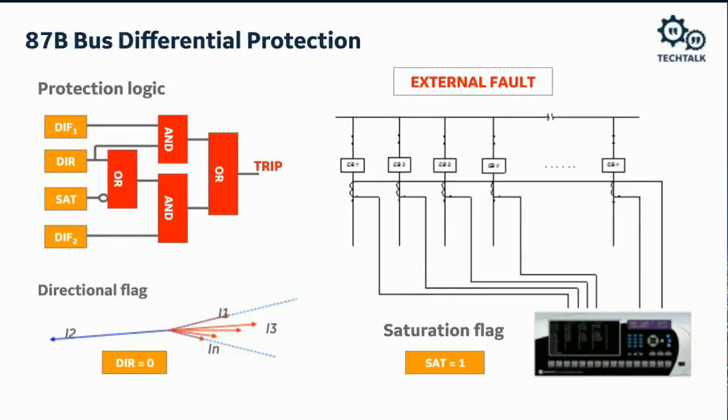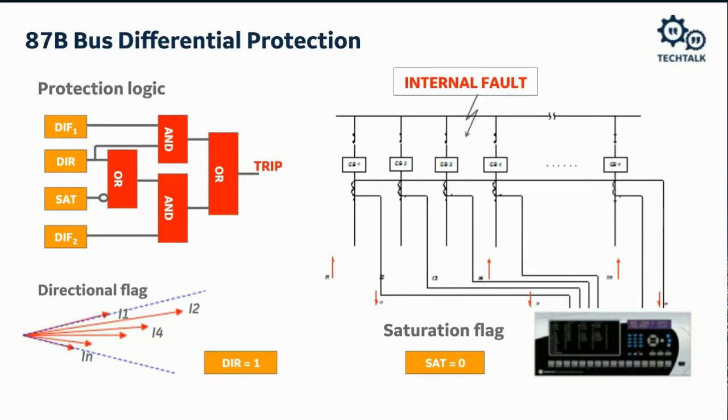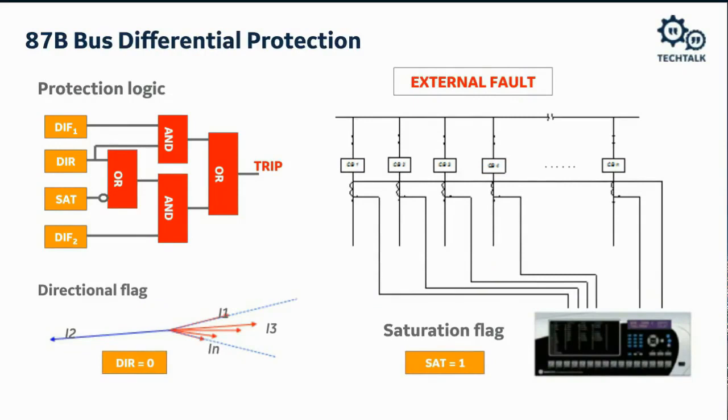So we set the directional flag. The directional flag basically says, hey, if I have an external fault, at least one of my currents will be 180 degrees out of phase from my other currents. If I have an internal fault, all my currents will be in phase with each other, plus or minus 90 degrees of each other. So if, in this case, we have an external fault,